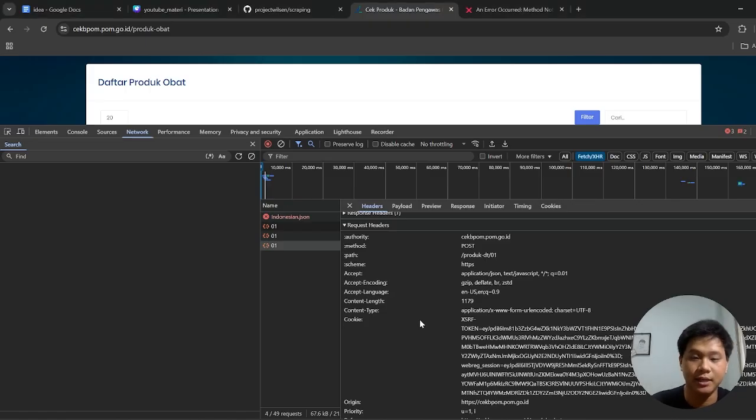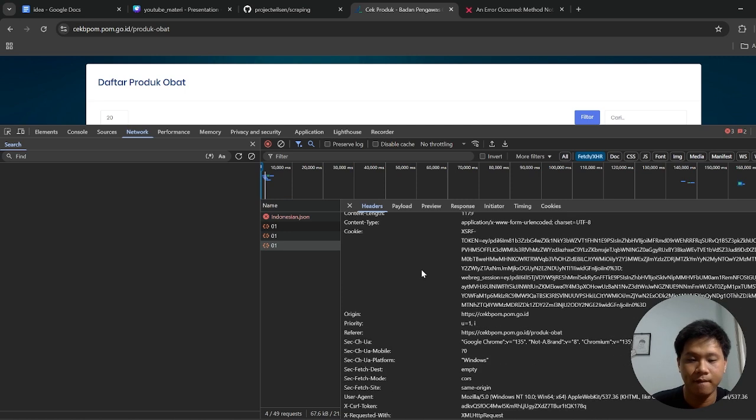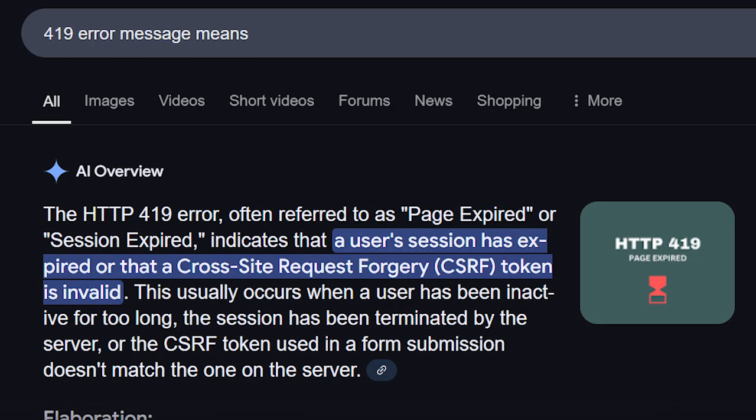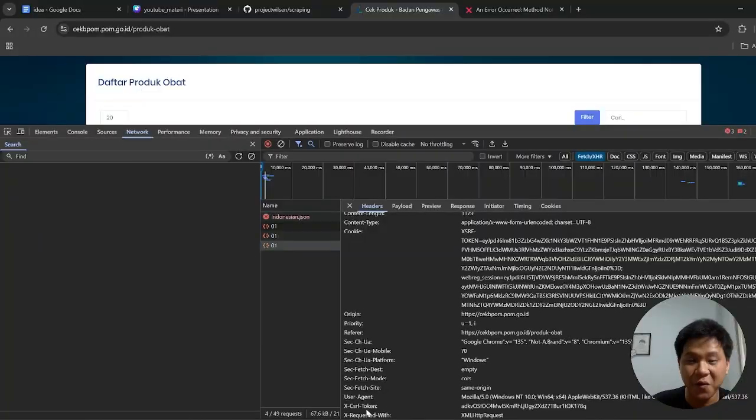So headers can include, for example, the user agent, which identifies the client making the request, and then the X-CSRF token, which helps secure user sessions, and much more. The error code that we got before, which is 419, usually indicates a problem related to the CSRF token, which protects against unauthorized or forged requests. So the solution here is to use these headers and pass them in a Python file